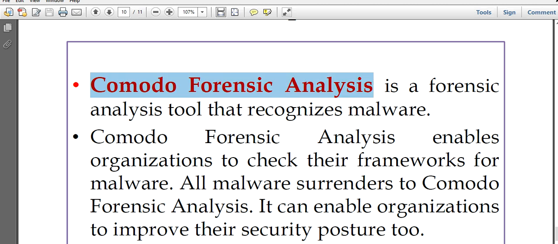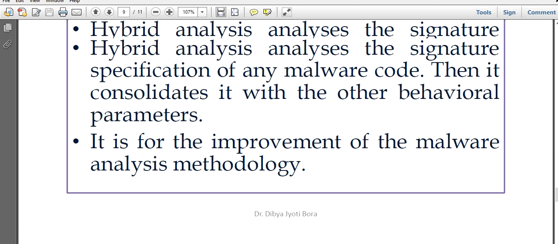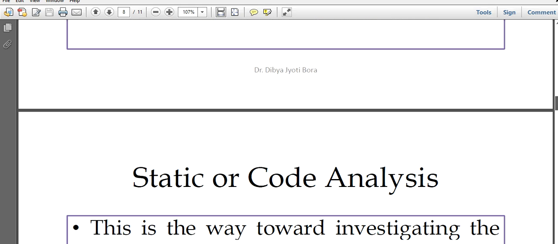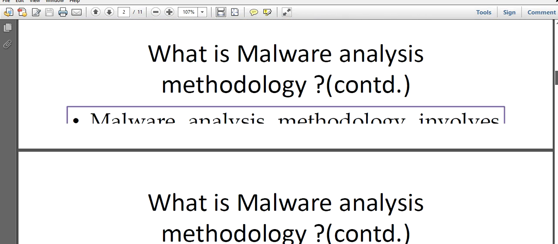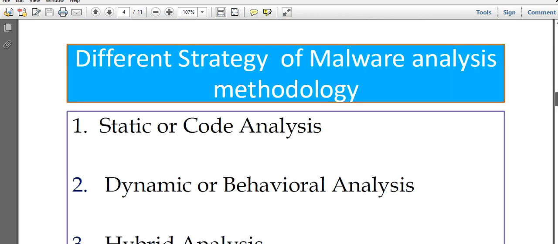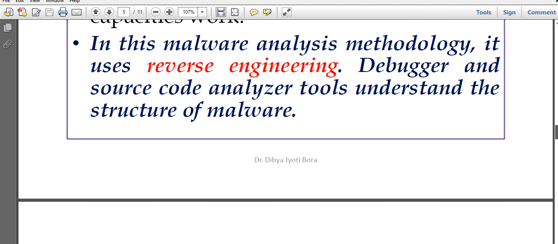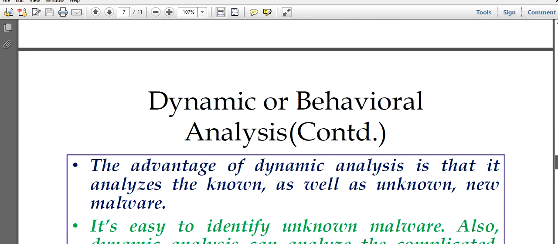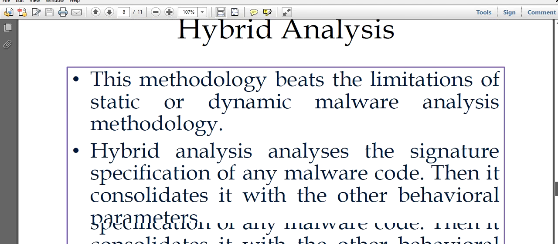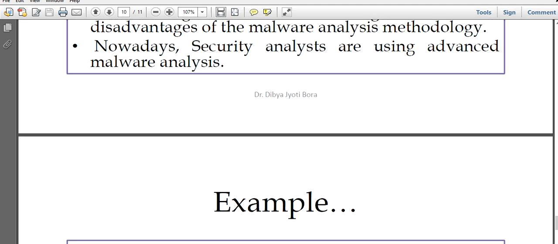So guys, today we have discussed the different strategies for malware analysis. First of all, we began with what we are actually doing in malware analysis methodology, and then we came to the advantages and disadvantages of these different types of analysis. Now coming to today's question. Today's question is that